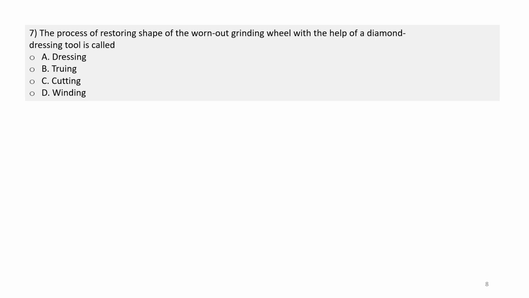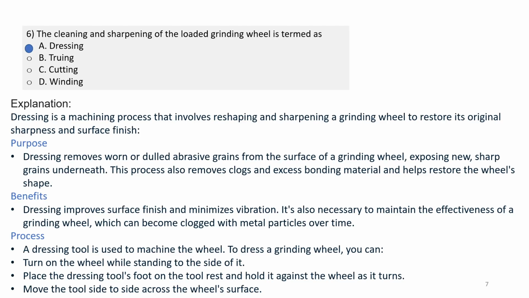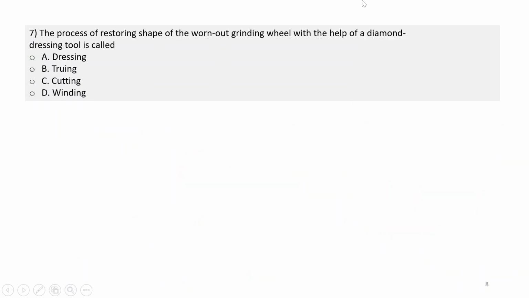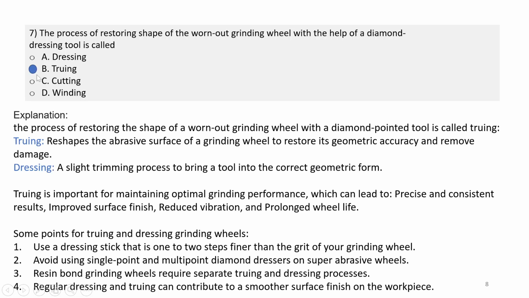Next, the process of restoring the shape of a worn out grinding wheel with the help of a diamond dressing tool is called. So your options are dressing, truing, cutting and winding. Again, same options. Here, when a diamond tool is used, it is known as truing. So the process of restoring the shape of a worn out grinding wheel with a diamond pointed tool is